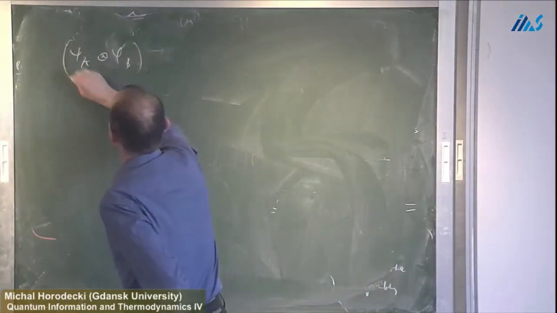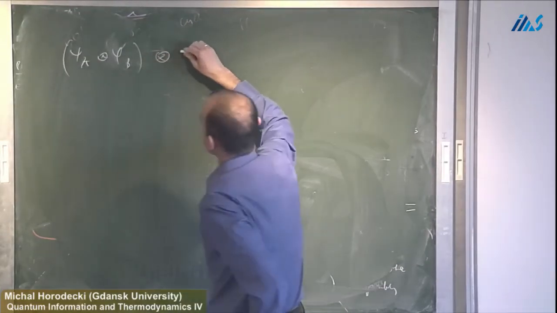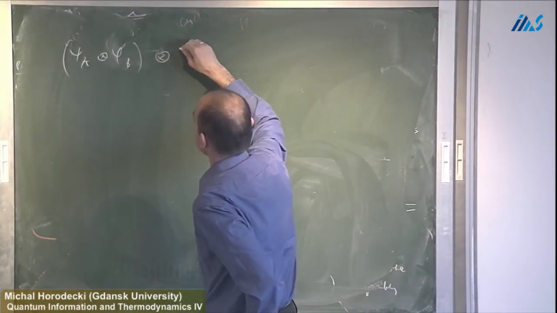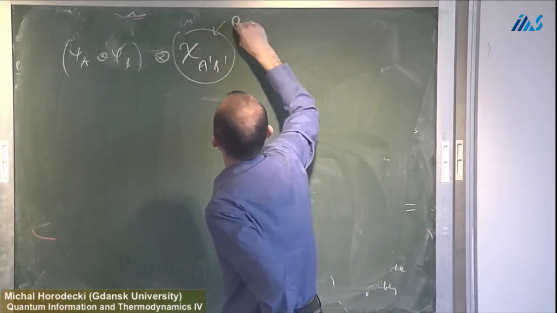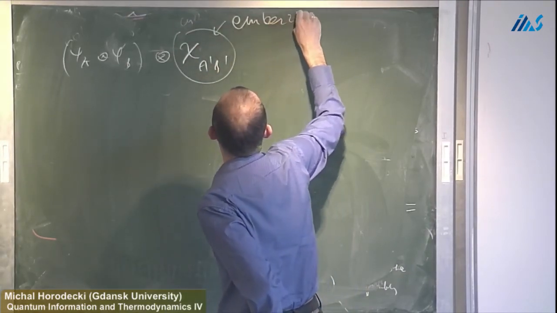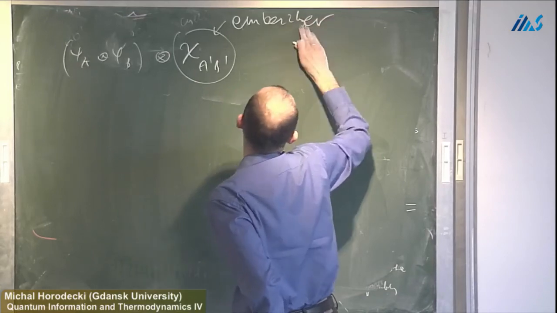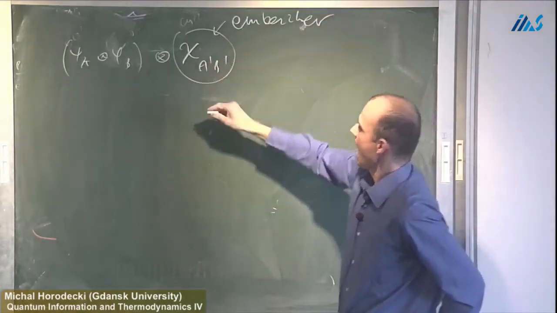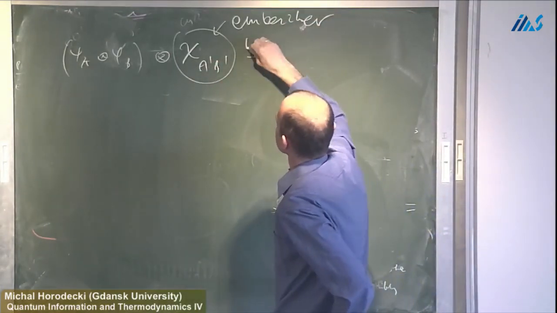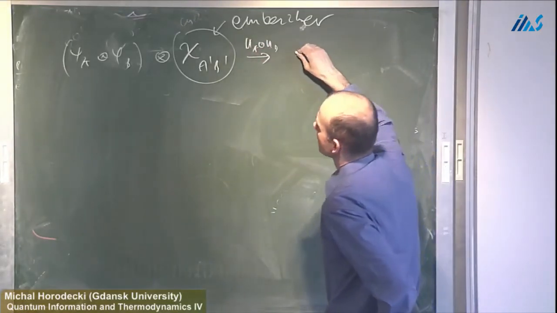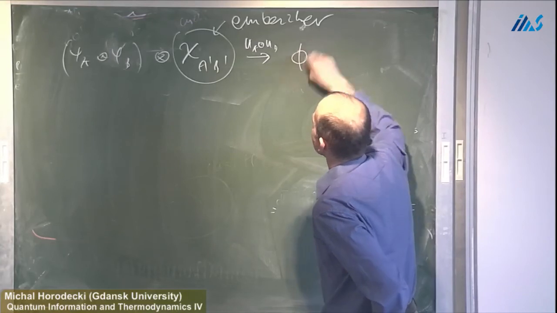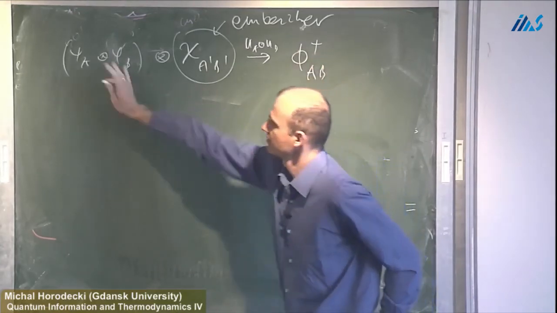Then you add some other state, called an embezzler. Then you can make a local transformation, so this is a transformation where we cannot bring in entanglement, and you end up with your favorite entangled state here,